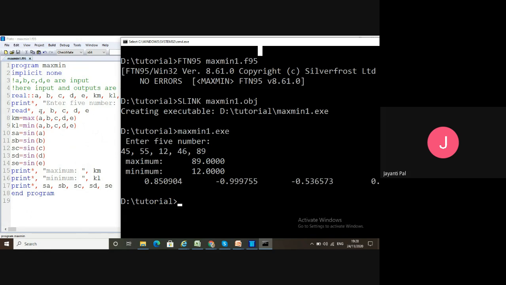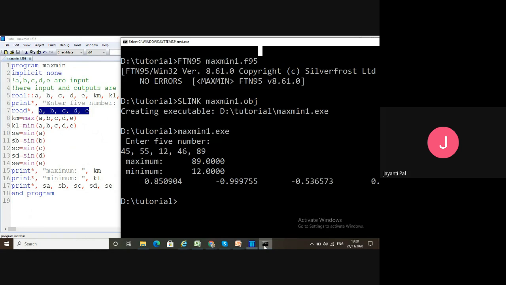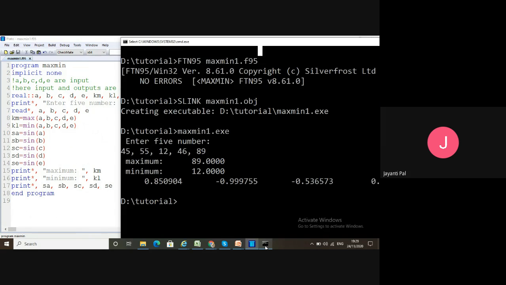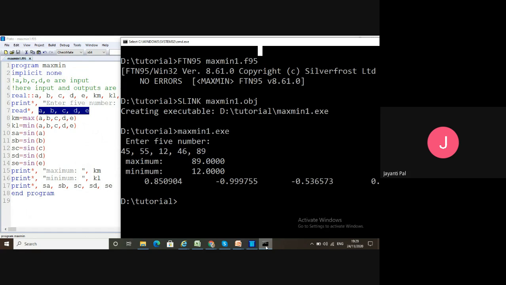So in this way, the sequence in which you are reading the data is very important, because how you read and how you are inputting the values, the sequence is always the same. So if you want to read the E value first, then you have to put E first. That means the sequence should be maintained properly. Otherwise, in normal cases there are no issues, but where the sequence is important, you need to remember that.